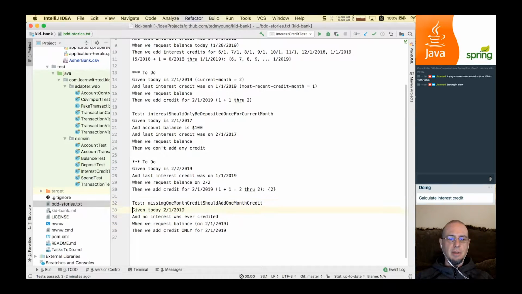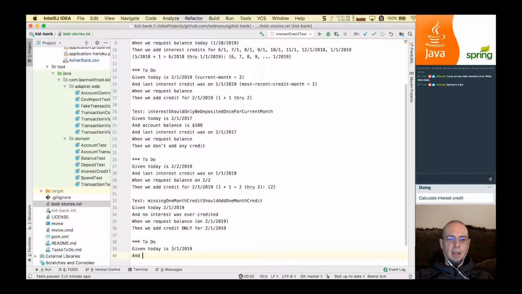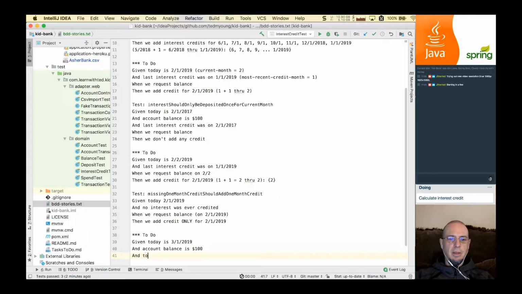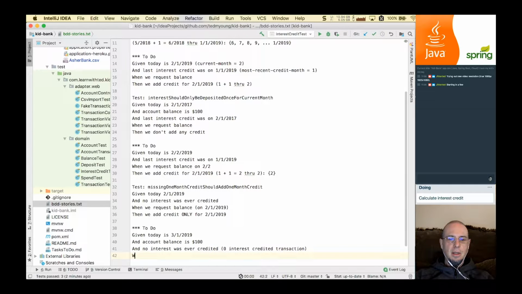So let's pull this out into a separate story, so we'll have to do this one. Given today is, let's say, 3/1/2019, and account balance is 100, and no interest was ever credited. So there are 0 interest credited transactions. When we request balance on 3/1/2019, then